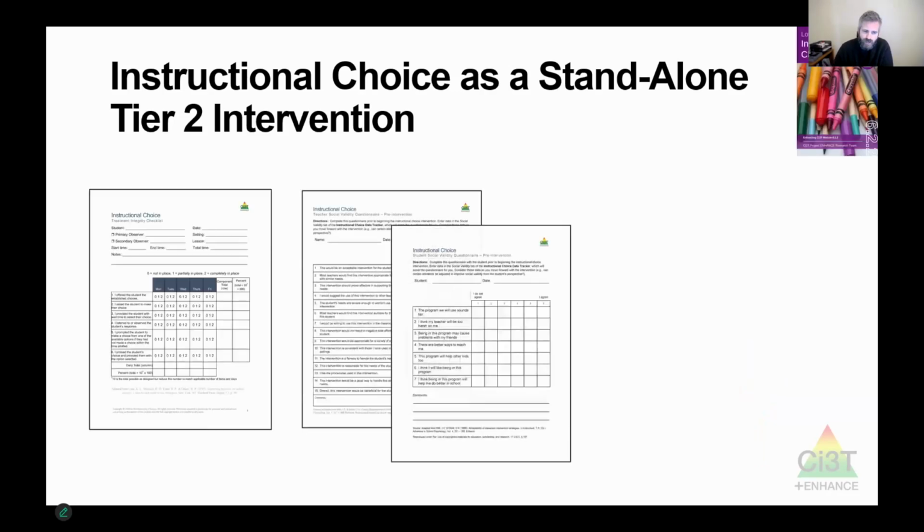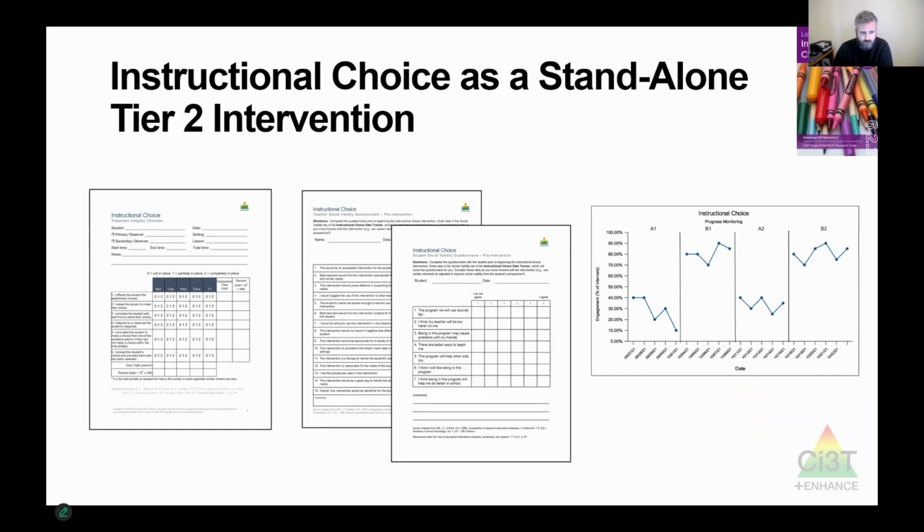So the tools, those data collection forms, you're looking at a couple of pictures of those. On the left, the treatment integrity checklist is literally one page that you would print off for the week. It gives you Monday through Friday as columns, and it gives you each of the steps for choice. And at the end of the day, you would circle, hey, did I do that all the time? Did I do it some of the time? Did I forget to do that? And you can kind of give yourself a little score.